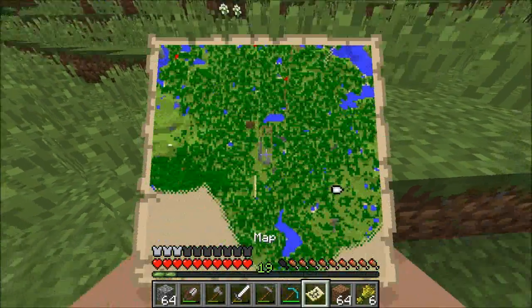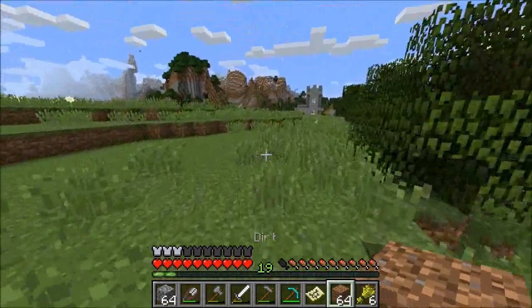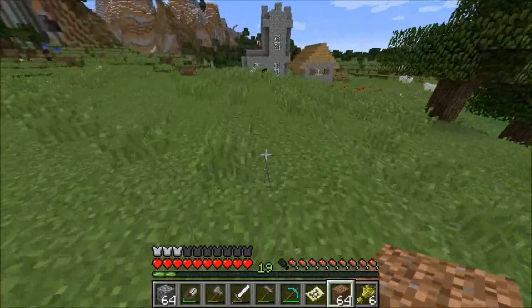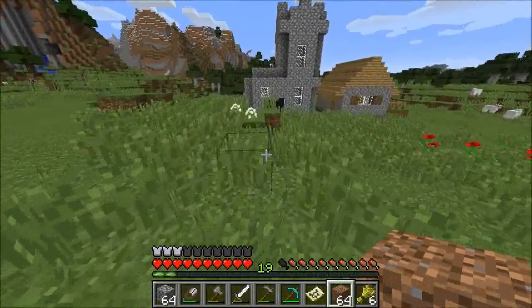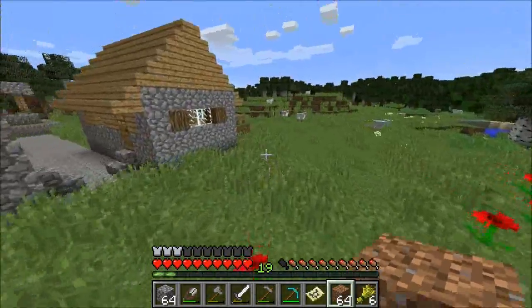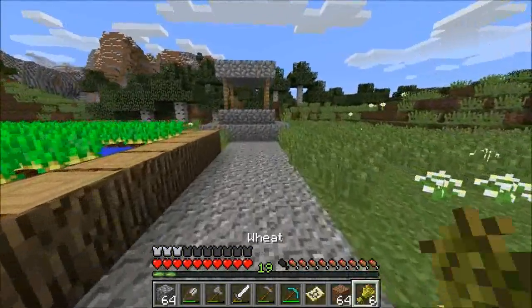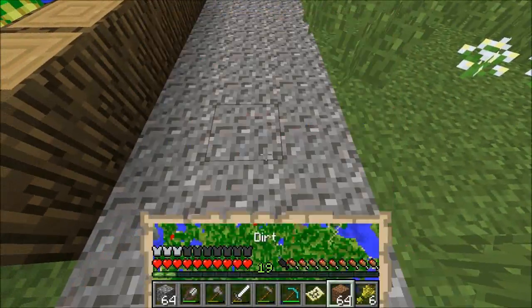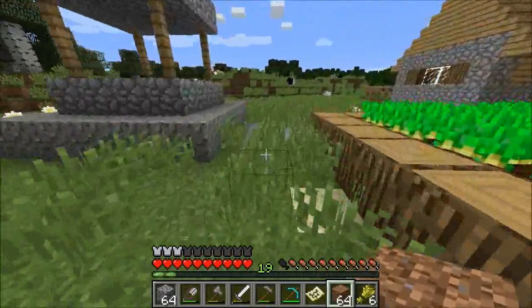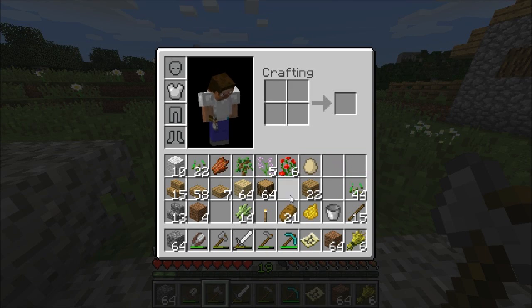Alright, how am I doing on this? Alright, I want to go that way. That's one helpful thing about a map. Ooh. Hang on. What's this? A village! I found a village! Well, actually, I know what I need to do. I need a bed, which means a...